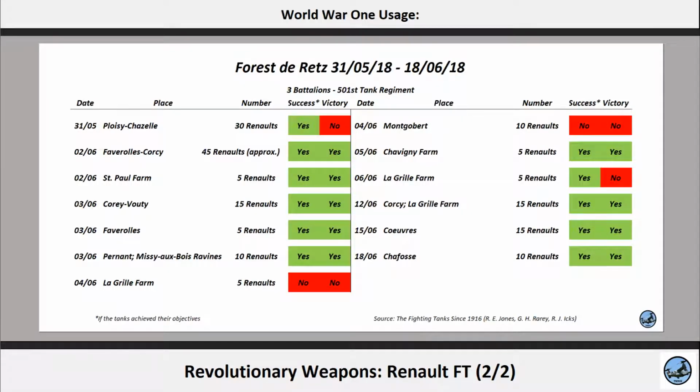The first appearance of the Renault tanks was on the 31st of May 1918 during the Third Battle of the Aisne at the Forest de Retz near Soissons. It had been decided that these tanks would be used when at least 12 battalions were ready. However, the Germans were advancing rapidly and the French rushed 3 battalions of the 501st Regiment to